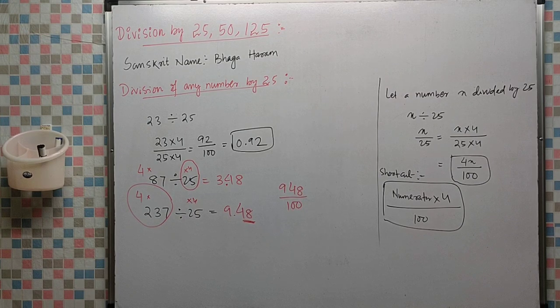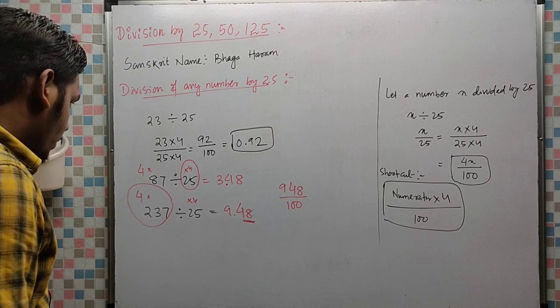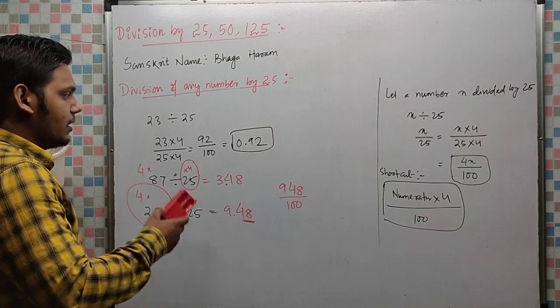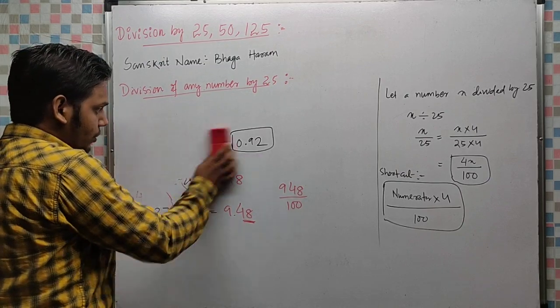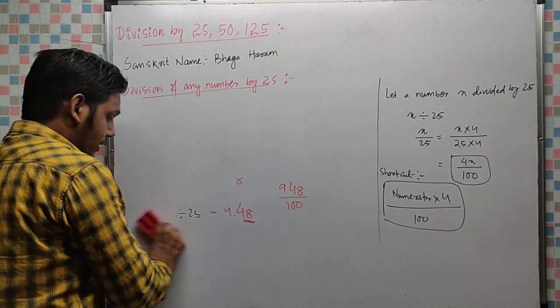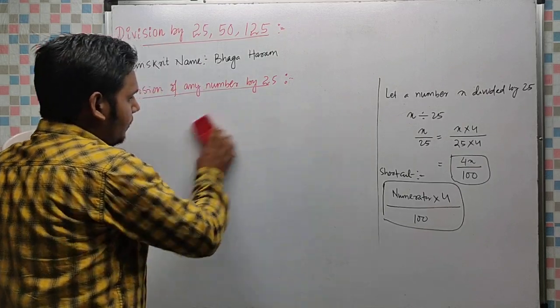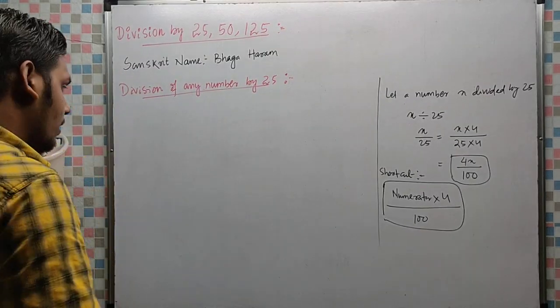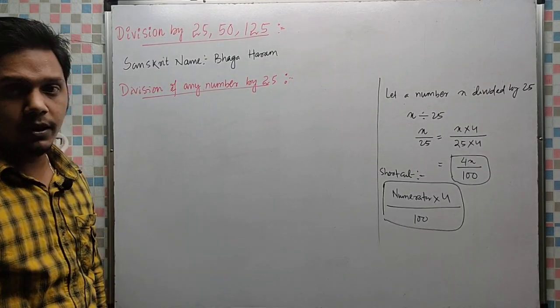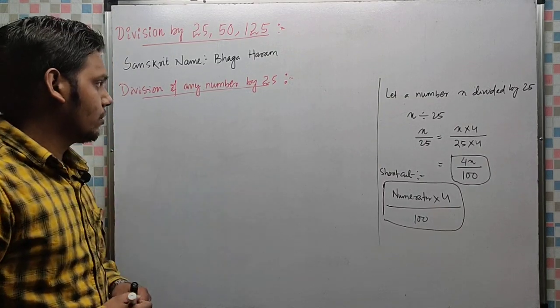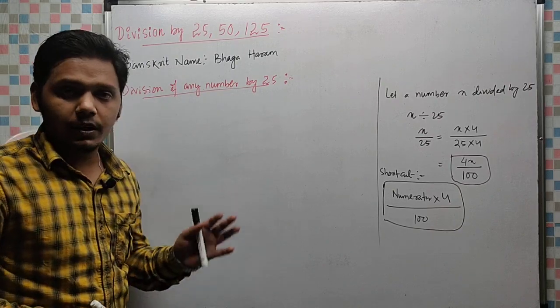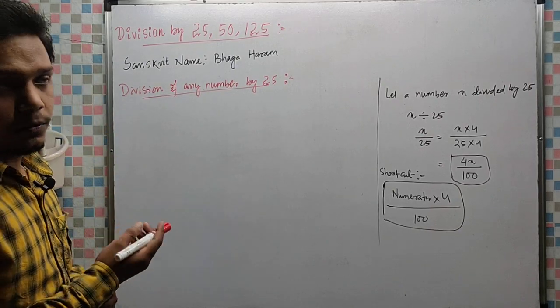You can take the screenshot also. 4-digit and 5-digit numbers I will explain. So let us see 4-digit and 5-digit numbers. The same method is for 2-digit, 3-digit, 4-digit, and 5-digit. And remember, division by 11 and division by 12 to 19, that one I will discuss later, because that will be little lengthy. So first you have to learn this. So 25 and 50 and 125, that one we have to learn first.